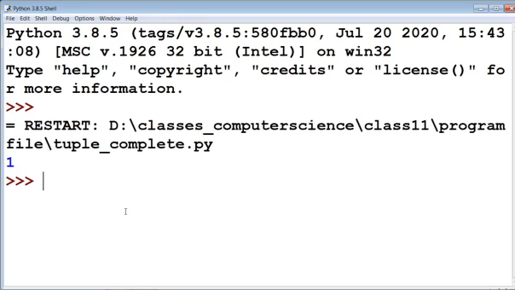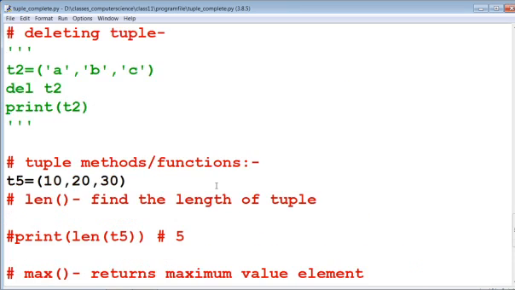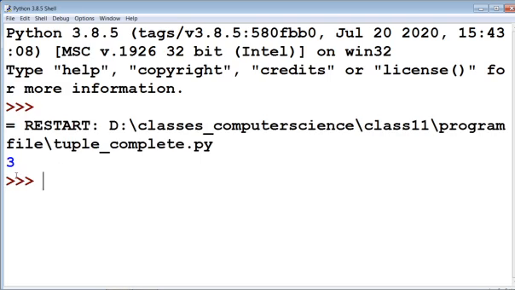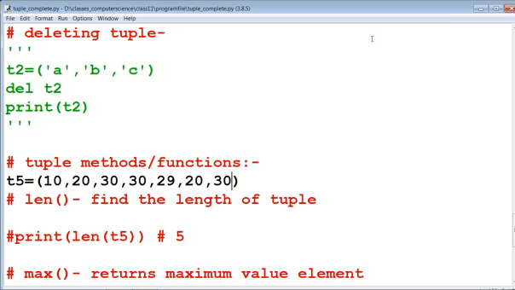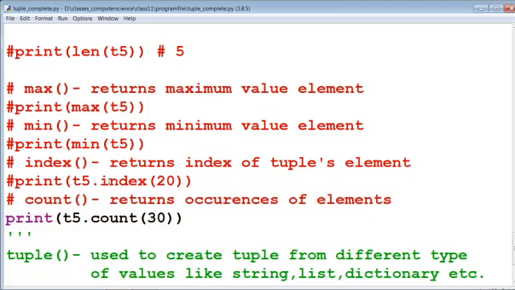You can see that the count of 30 returns 1, because in our tuple 30 is repeated 1 time. If we add 30, 20, 30 and check the output, the count of 30 is 3. That means the occurrence of 30 is 3. You can check here: first 30, second 30, and third 30 are present in our tuple.